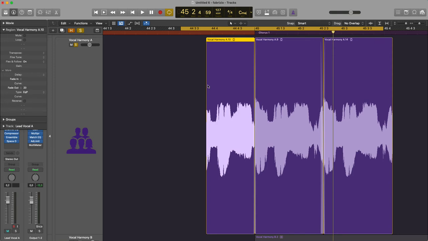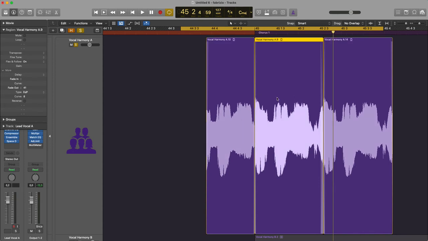As you can see, in Logic, I can set fade in and fade out numerically. 20 milliseconds are more than enough to remove the problem of clicks and pops.